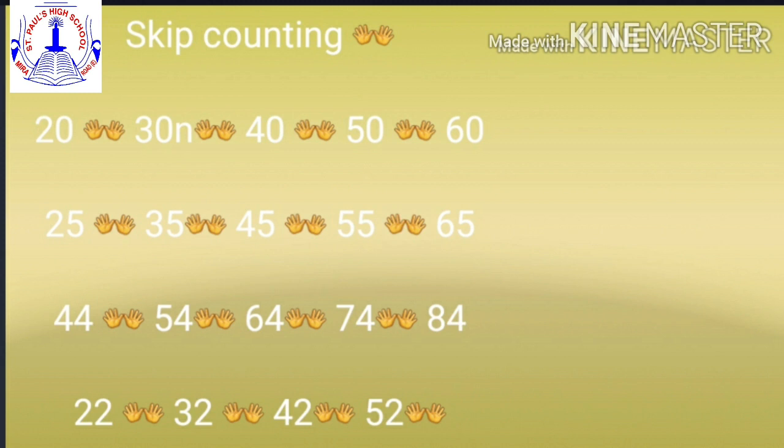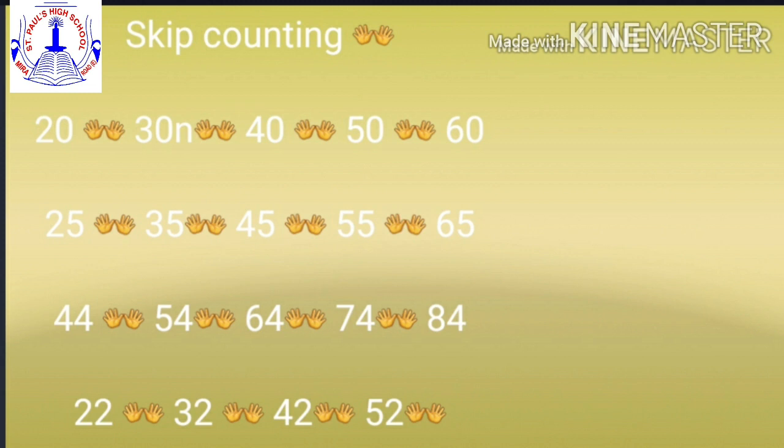Now I hope you all know how to write answer in skip counting 2 while counting on 2 fingers. Then skip counting 5, counting on your 5 fingers from your little finger to thumb. And in skip counting 10, no need to count on your fingers. Directly you will write the answer. You don't have to change the ones place number. Only you have to change the tens place digit. You will write the next number of the given number after number of the given number.